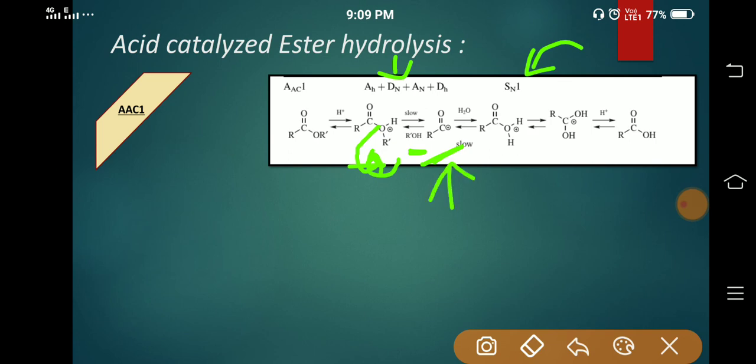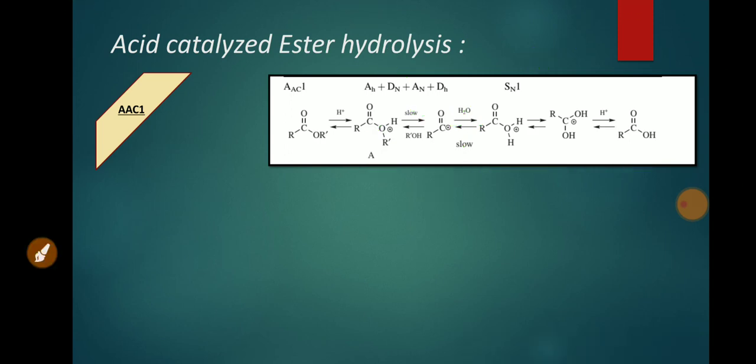Here the generation of carbocation will take place. Okay. Now, AN, that is the second step of SN1 reaction, is nucleophilic attack. Now, this carbocation can be attacked by the water molecule by donating its electrons into the empty p orbital, leading to the generation of this protonated acid molecule, which on dissociation of proton leads to the generation of acid as a second product. Okay. This is a complete explanation of AAC1 mechanism depending upon the table.